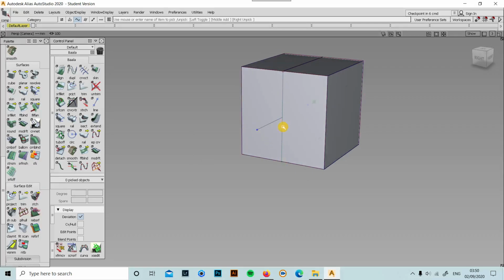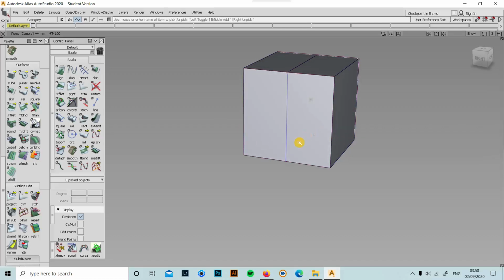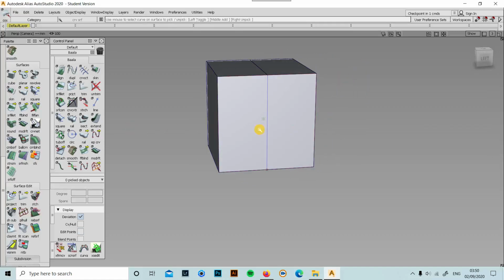Now it was green because the curve which I used to project on it was not deleted. If I delete the original curve, I will be able to see the blue one, so it will just show you the difference. Okay, so to select this you won't be able to select CVs or hull, nothing. So this is pick cost, so you will be able to pick the cost and delete. So this is why we use pick cost.